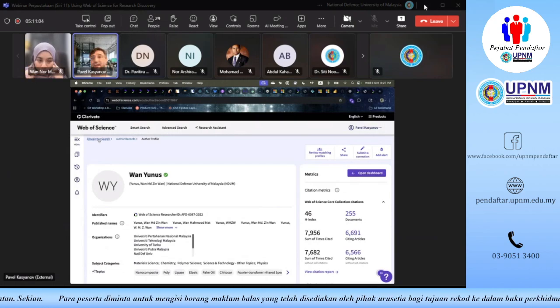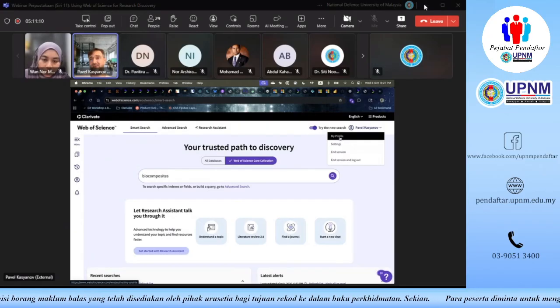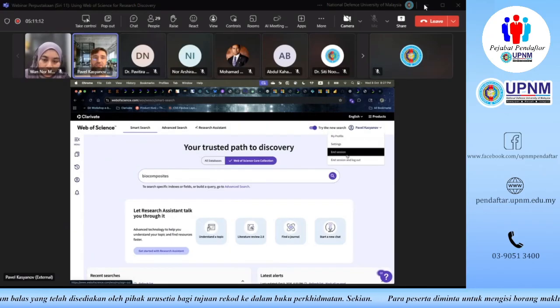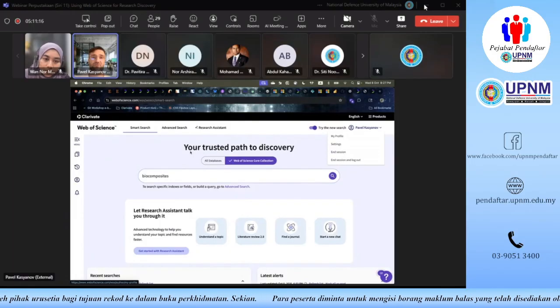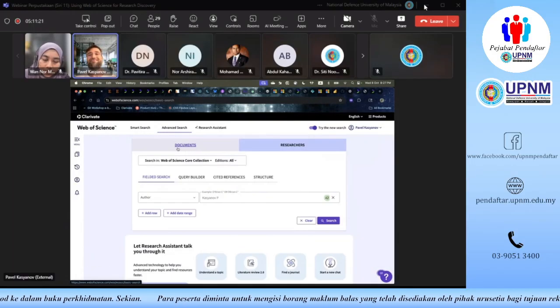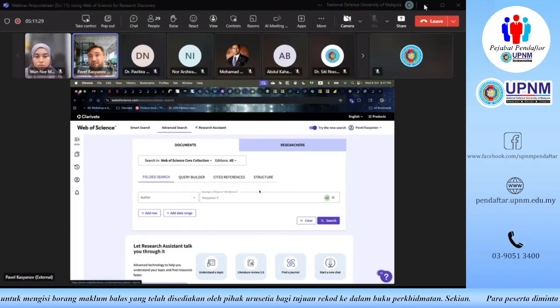Now, about logging into Web of Science, as you can see, when I logged in, the system recognizes me as Pavel Kasyanov. Normally, when you're logging in for the first time, specifically if it happens from the university premises, it's still going to give you a chance to run searches, but you might miss certain personalized services like claiming your profile or setting up search alerts.